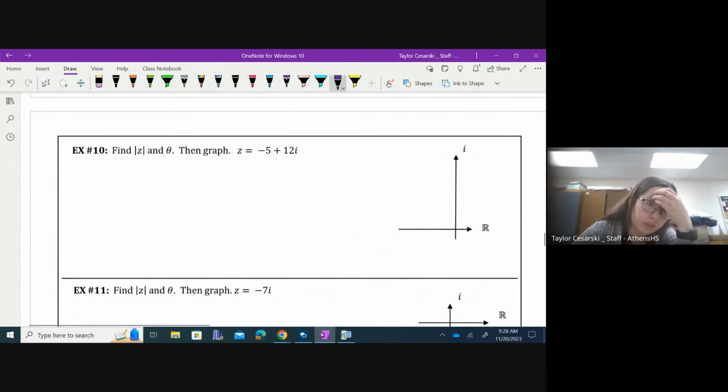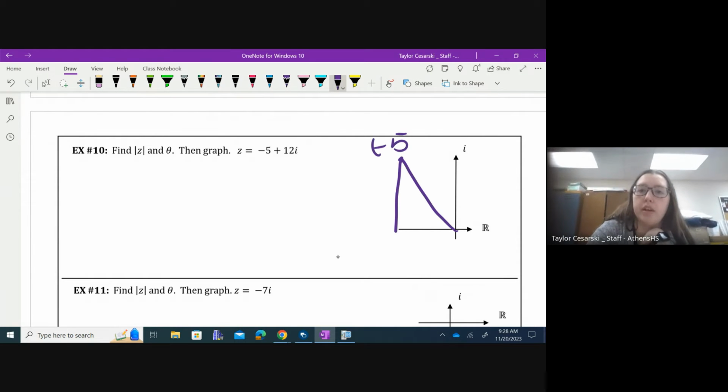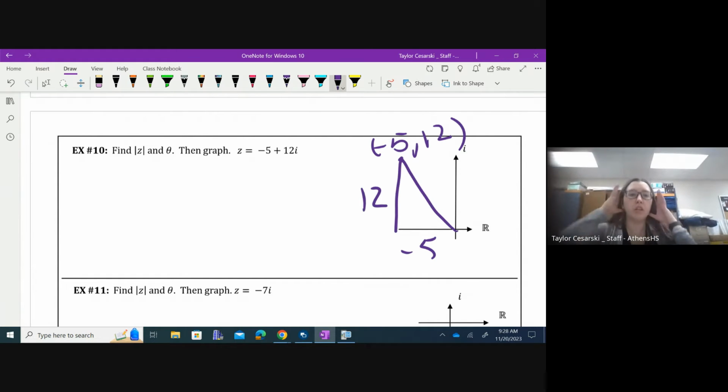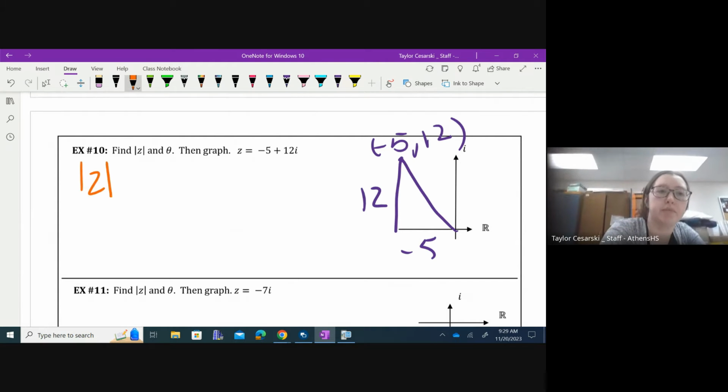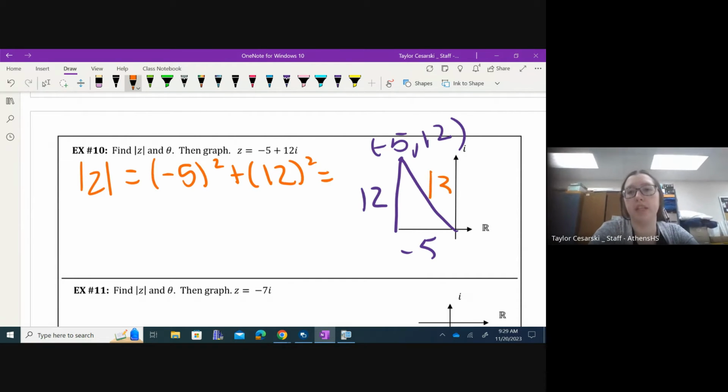So it says first graph, and we'll graph it first, negative 5 plus 12i. So this would be like negative 5, 12. So it'd be negative 5 and 12. All right, and I want to find the modulus of that, which is just going to be, by using Pythagorean theorem, it's a 5, 12, 13, so my modulus is going to be 13, which is just the distance from the origin to that point. All right, to find theta,